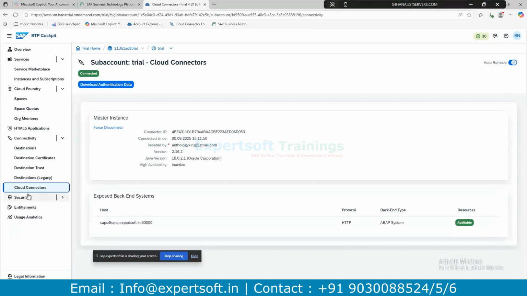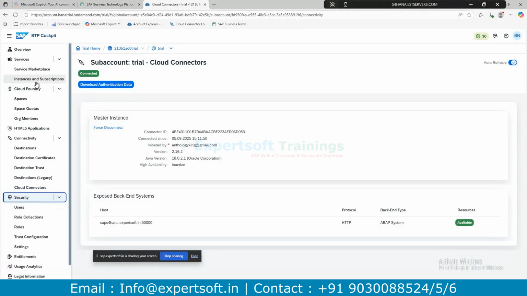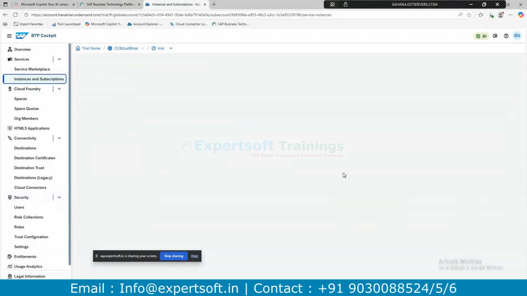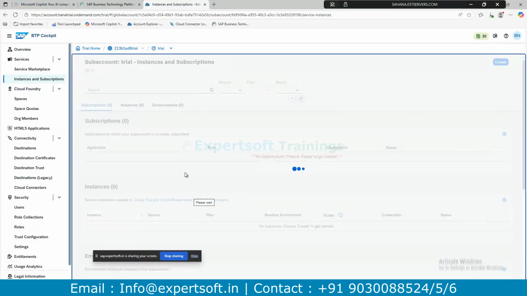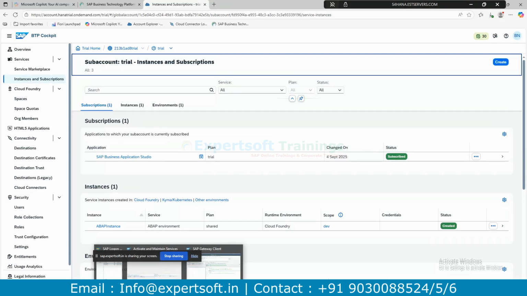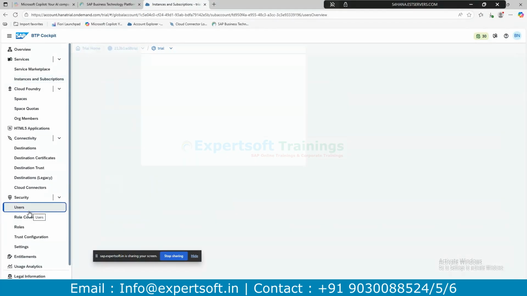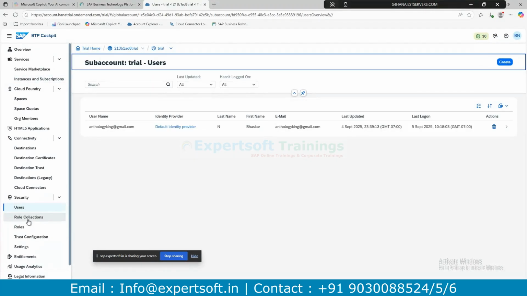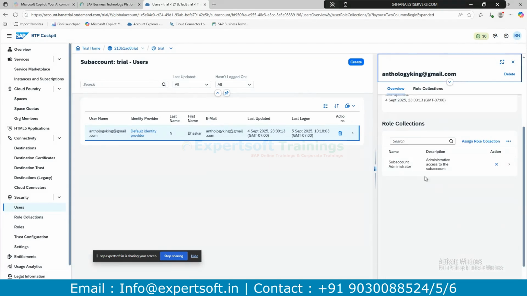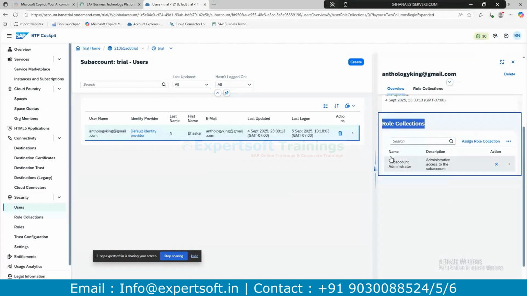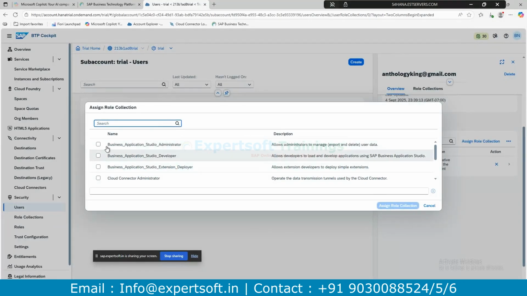And the security, for example, each and every service will have role collections. Just like we have PFCG roles, right? Roles and all, and the role groups, a group of roles. Similarly, there are users, that's a user view, and role collections. Every role collection must be assigned to the particular user. For example, now I am the user. If you see what roles I have been assigned, sub account administrator, and I am the BTP sub account owner, so I can assign role collections to myself automatically.